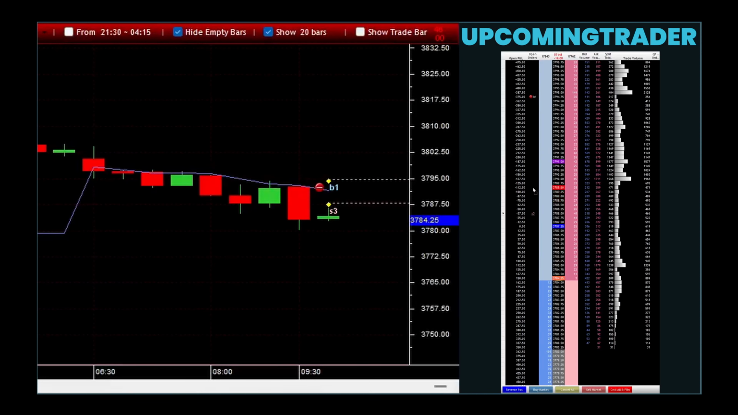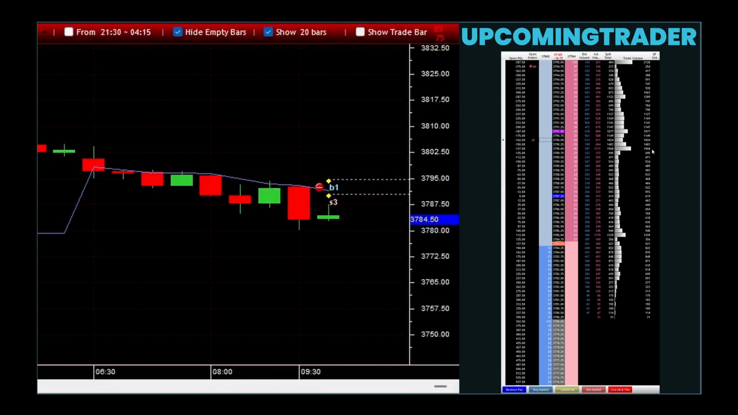The 3 outside up pattern is a crucial formation in trading, indicating a potential bullish continuation or reversal. This pattern forms over 3 days of trading activity. On the first day, a bearish candlestick appears, followed by a bullish candlestick on the second day that completely engulfs